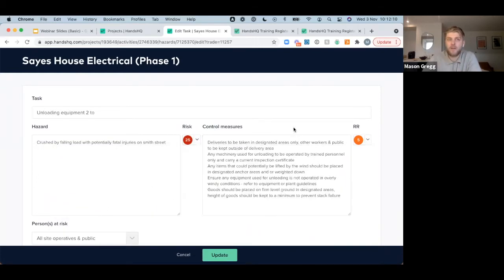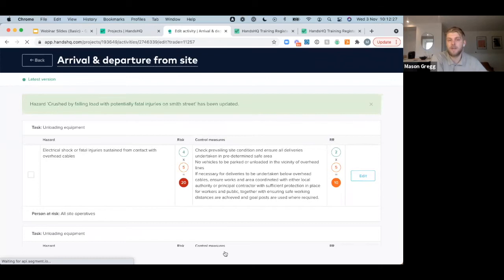But this is really where you're going to see that quality and consistency get so much better, because everyone, regardless of your experience or knowledge of generating RAMs, everyone's going to start from this exact same starting point, and then it's down to them to add in that site-specific detail, which obviously they're the ones that are going to be seeing that firsthand on site if you do get the chance to pass this on to project managers to generate the RAMs or whoever it may be, engineers out on site.